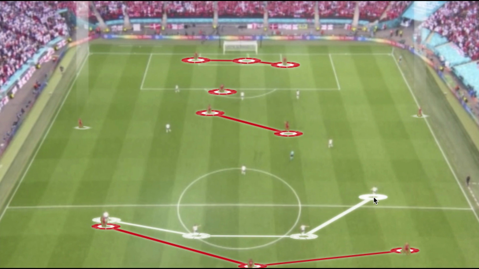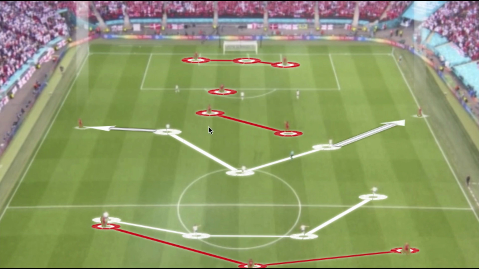So we have our back four playing a bit higher than the front line of Denmark. Three midfielders would then be oriented towards their two holding midfielders, but Mason Mount and Calvin Phillips would still have access to the wide areas. So if they had to jump out and press, one midfielder would go and they would still have a 2v2 in the center. So not letting Denmark create numerical superiority. And then with the front three as well, it would become hard for Denmark to break England through their initial